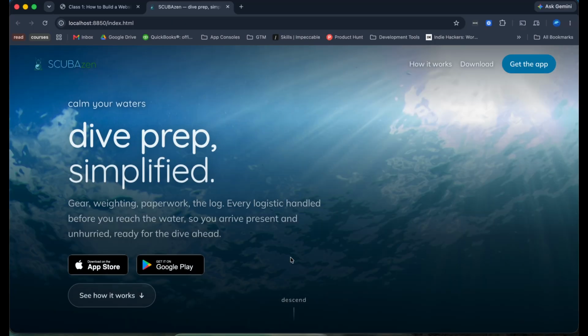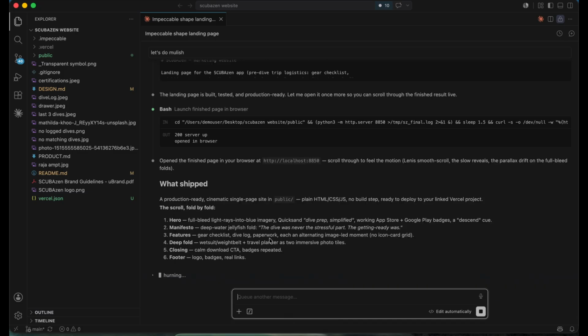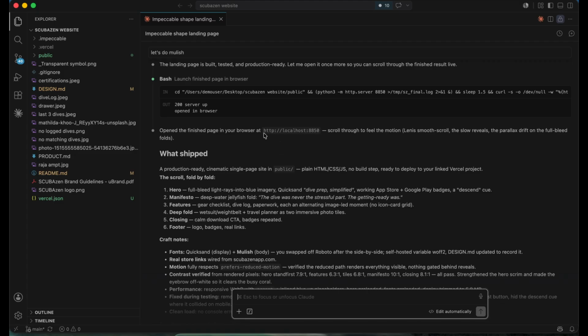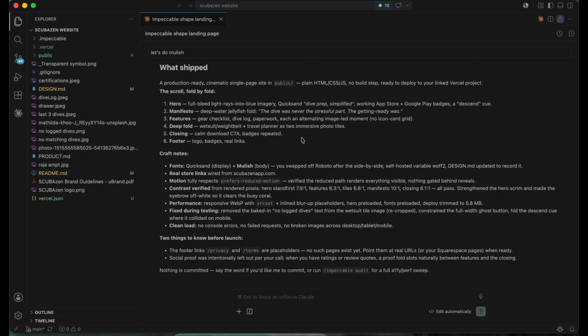Okay, so it actually launched it for me. It doesn't actually normally do that, but I'll come back to the website in a second. So what it does is explain to me everything that it just did. And in order to see it, this is the web link you use. A localhost is just basically a server, or a Vercel, on your computer. What's really great about it is that it can launch your website, and then as you have edits and changes, all you have to do is hit refresh if it doesn't already change in real time.